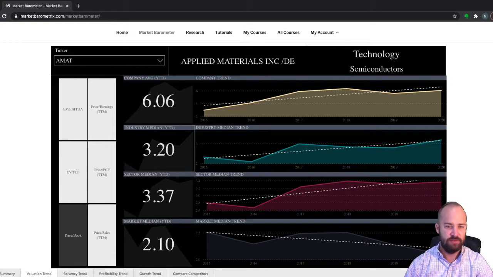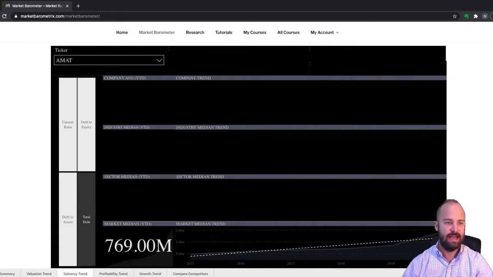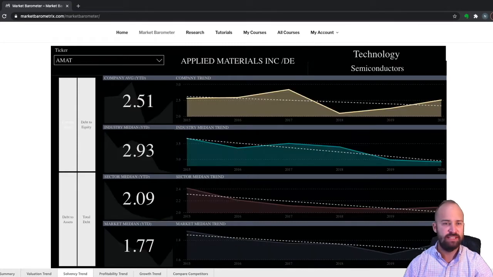So jamming on over to the Solvency Trend tab, we'll start on current ratio. Give it a second to load here. So again, the current ratio is an indication of a company's ability to meet its short-term debt obligations. Takes current assets, divides them by current liabilities. So right now, with a current ratio of 2.51, that's telling us for every dollar of bills that Applied Materials